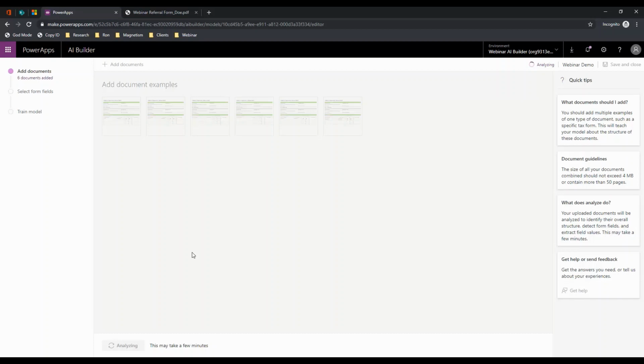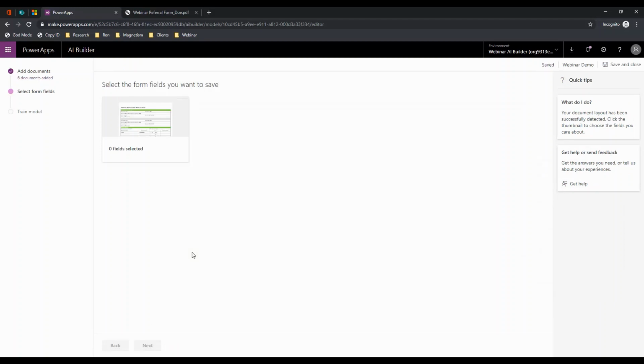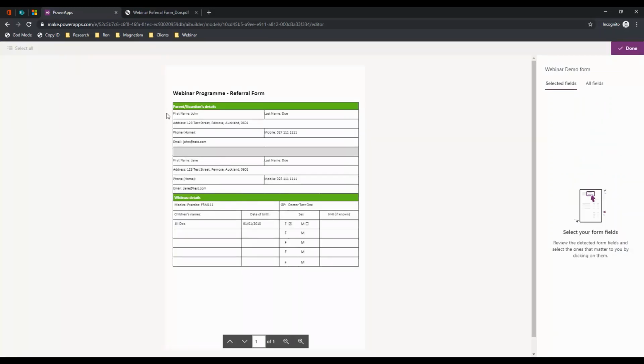So it's reviewing all of the forms and then establishing what is a static form and what's dynamic fields. This may take a few minutes, and it all depends on the complexity of your document. If you have more tables, complex tables, many pages, lots of information, that could take a little while. So here we've got the form, and it's picked up that all of these are fields,